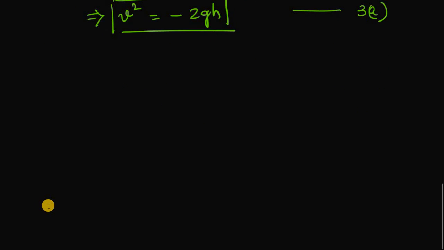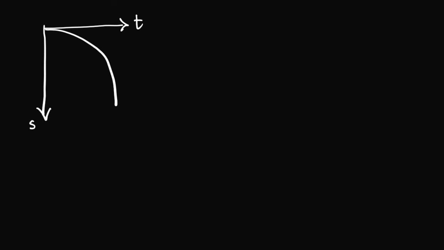Now, if I draw a graphical method, or if I insist on drawing the same as the others, for the position time graph of free fall, it would be like this. It should be in time on this axis, and as it is having downward motion, position in this way, time on the x-axis and s on the negative y-axis, because it is having downward motion, and the graph would be something like this. It is the position time graph of free fall.